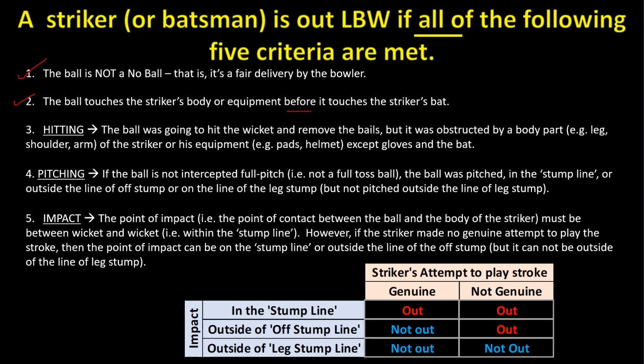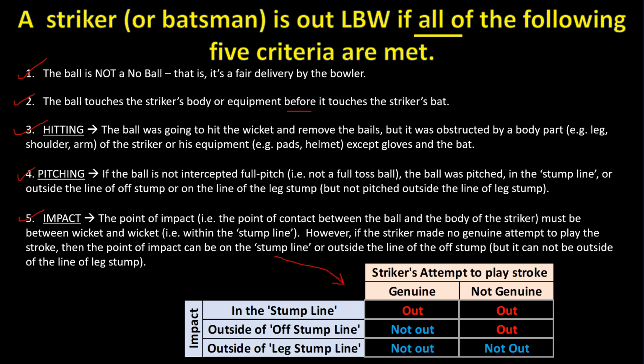In fact, after having touched the body or equipment of the batsman, the ball need not even touch the bat at all. Third is the hitting rule, that is, if the ball were not intercepted by the striker, it would have gone to hit the wickets and remove the bails from the wicket. Fourth is the pitching condition. If the ball is not intercepted full pitch, the ball was pitched either in the stump line or outside the line of off stump. The fifth rule is impact rule or impact condition, and it is summarized here in this